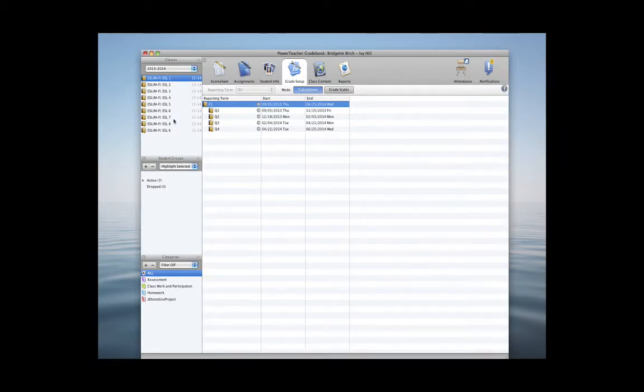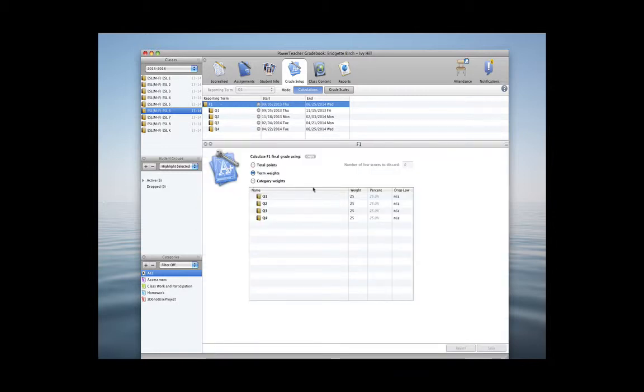Now let's check one of our other course sections to ensure that the weights have been copied over correctly. So within the classes area, I'll just click on any of the other courses. This will open up the reporting term window. Double click on F1, and I see that term weights are listed with the correct weight as 25 for each